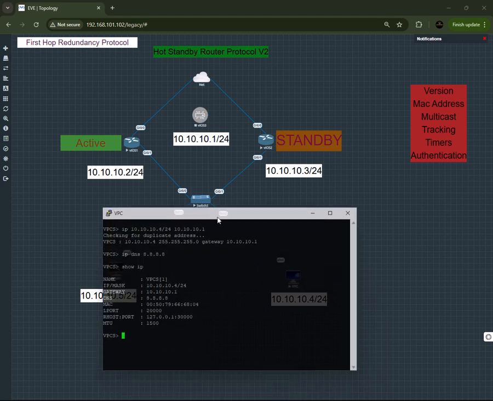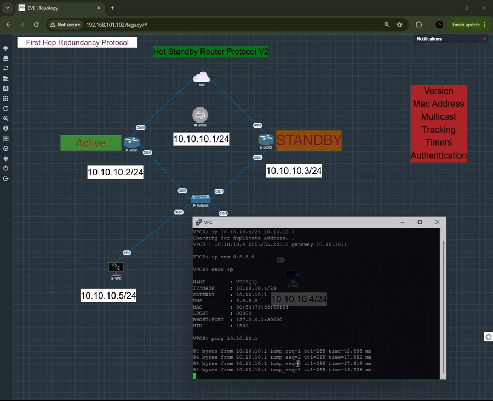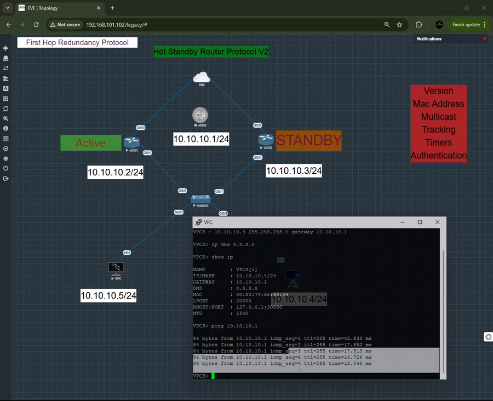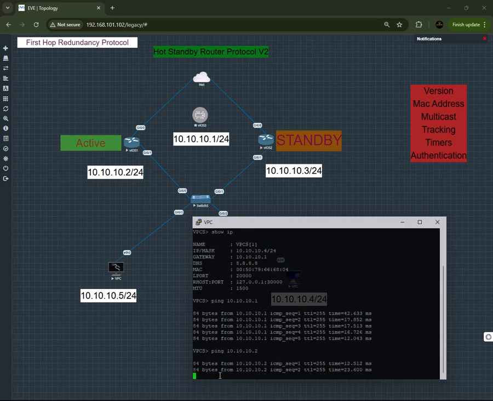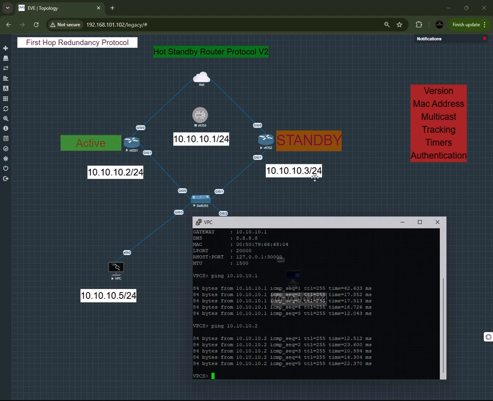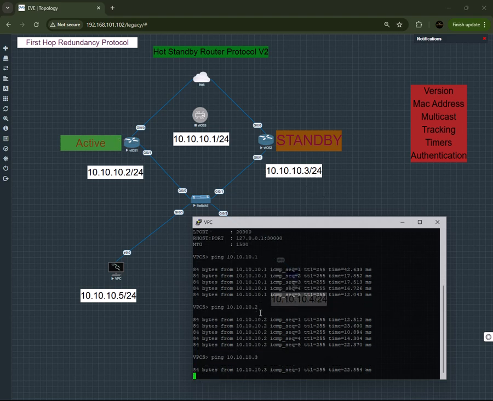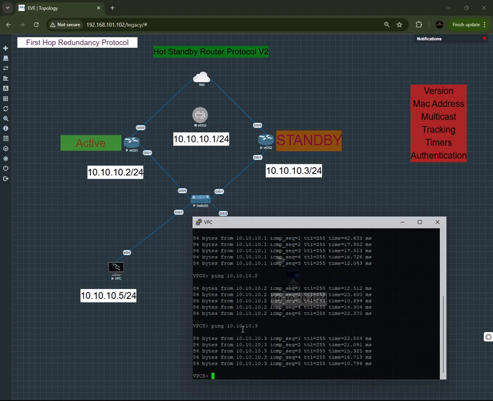Right, what can we do with this information? We can try to ping that virtual IP to ensure that we can reach it. As you can see, we can actually send those ICMP packets. See, this is the first sequence, this is the 5th sequence. Okay, right, so we can ping. We can also ping these interfaces, which is .2, and we have that one which is .3. Right, we can successfully ping all of them,